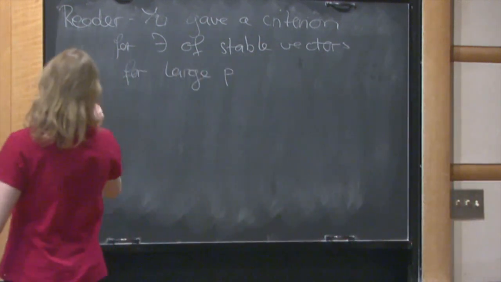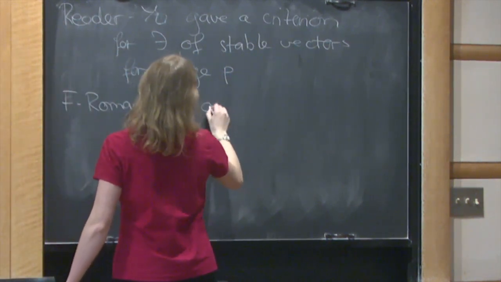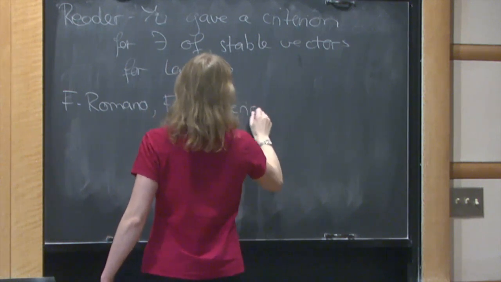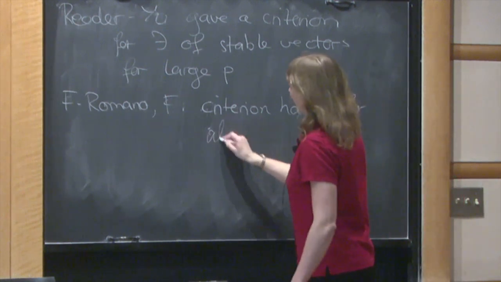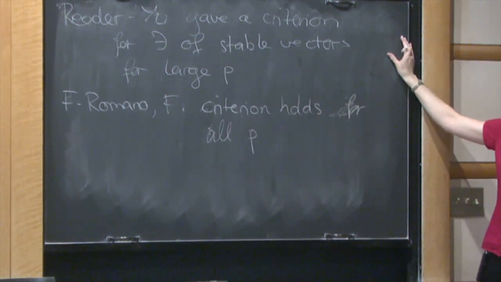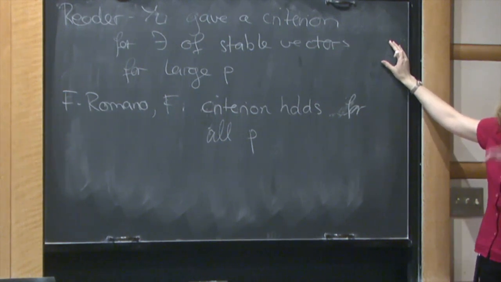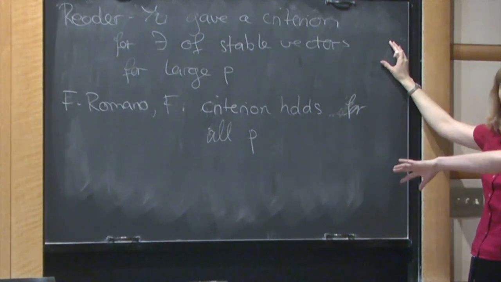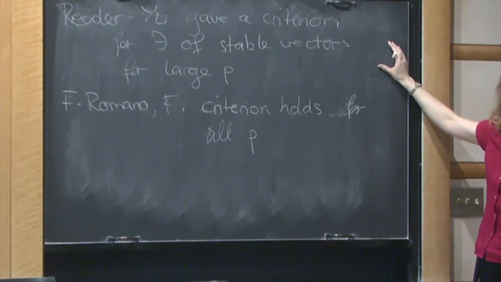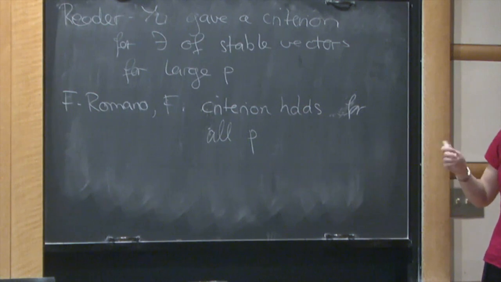And what I did, partially in a joint paper with Beth Romano, is to show that the criterion holds for all primes p. The problem is the proof of Reeder and Yu really heavily relies on the prime number p being large, because they use Vinberg-Levy theory. But the criterion they give is solely combinatorial. They wrote down a list of groups and said, okay, for this group and for this point of the building, we have stable vectors here and there. So it's something you can actually check. It doesn't see the prime number p, but the proof itself doesn't work for small primes p.